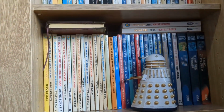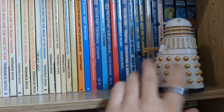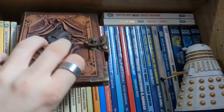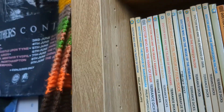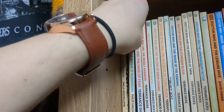I'm going to sit down for this segment because my arms and legs are tired. But we're going to move this Dalek over here till we're done with the Targets. We have this interesting book here. But we continue with the 4th Doctor Targets with The Brain of Morbius, Seeds of Doom, The Mask of Mandragora,